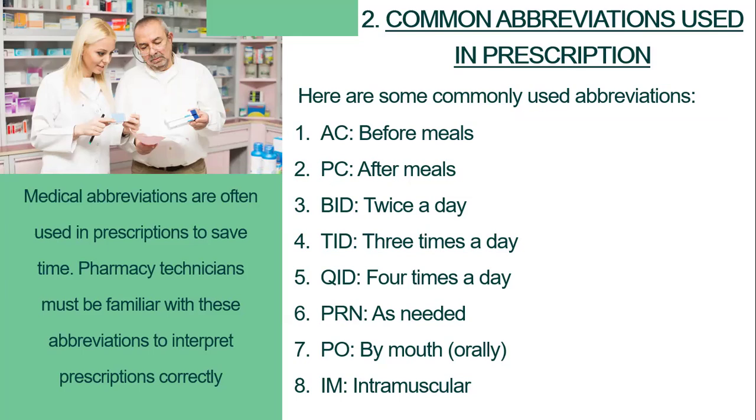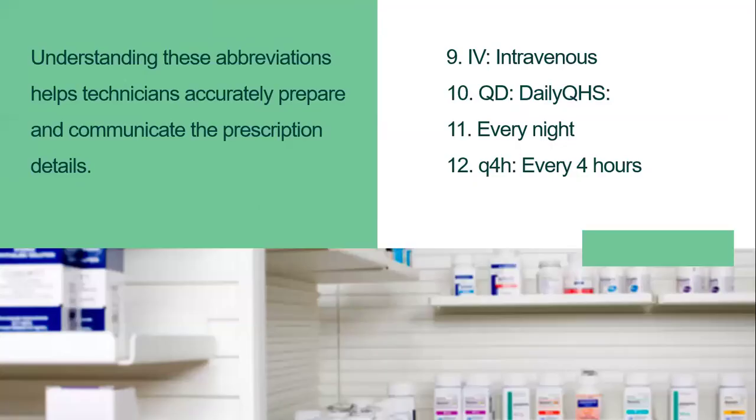There are those that you take PO by mouth. There's IM intramuscular. IM are drugs, injections, most especially, that are given through the muscle, like I talked about. They are given for certain illnesses, certain diseases or illnesses, given through the muscles. Okay, we also have, this is a continuation, we also have the intravenous, the IV, we have the QD, the